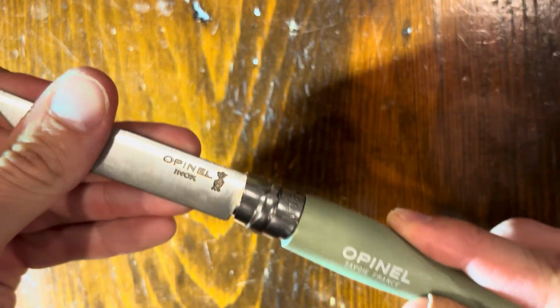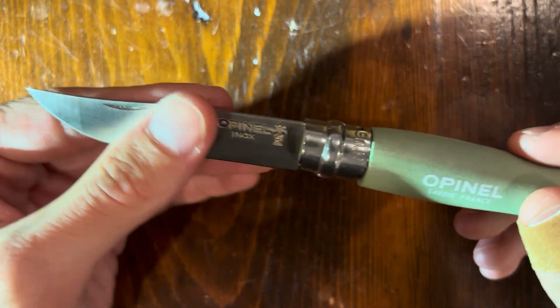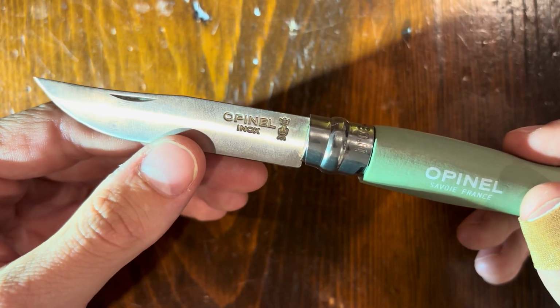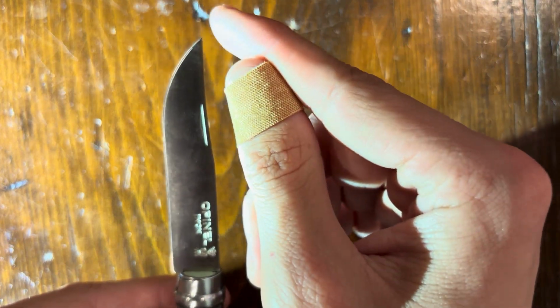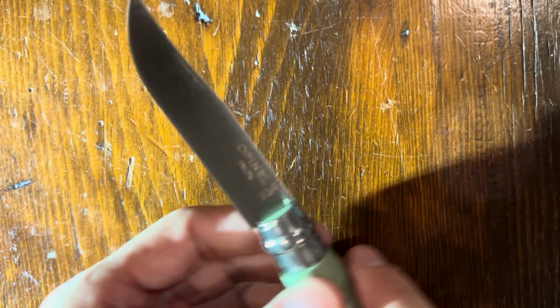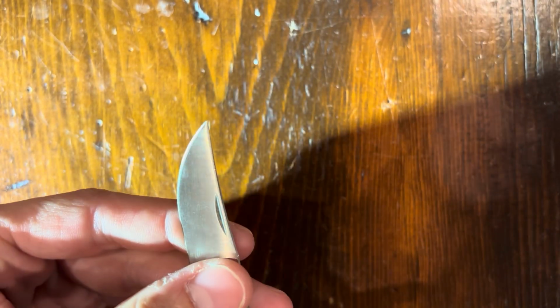So the No. 6 has a blade that's about 2.87 inches long. It's made out of Sandvik 12C27 steel that's been slightly modified. It's a clip point style blade, and it's called that because it looks like the knife has been clipped slightly. We see what is an otherwise straight spine. Right here, there's a small part missing. And that gives it sort of an upswept design that leads to this tip right here, which is quite pointy